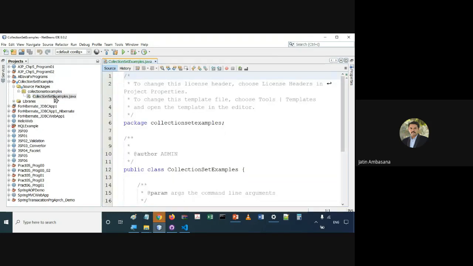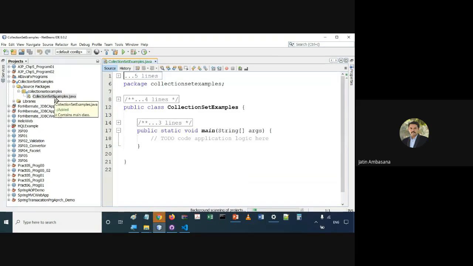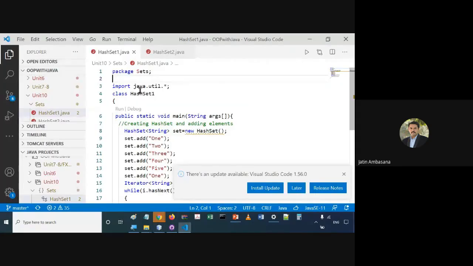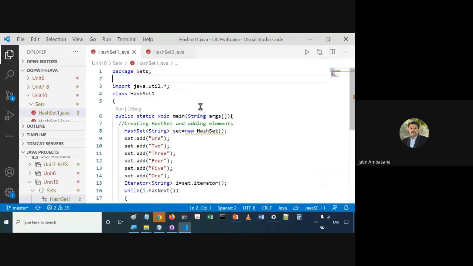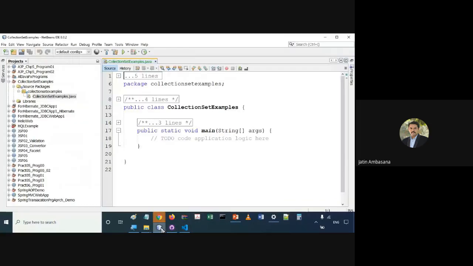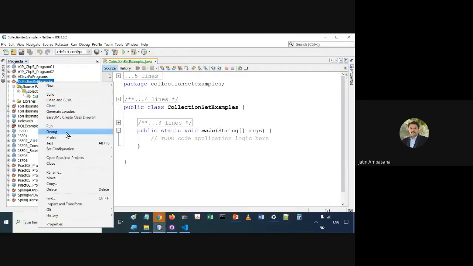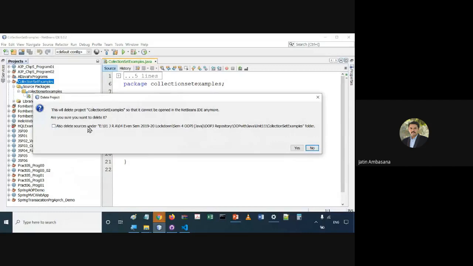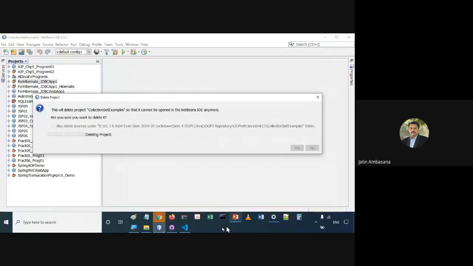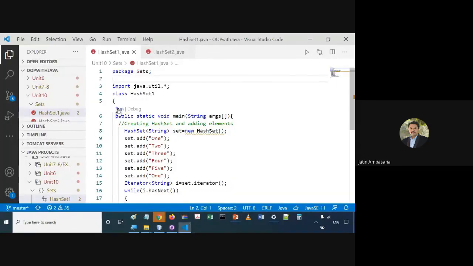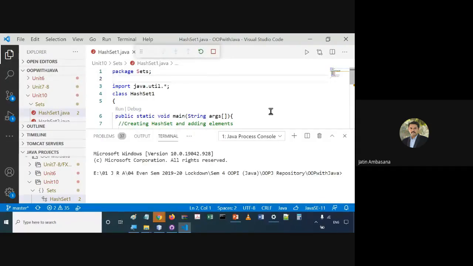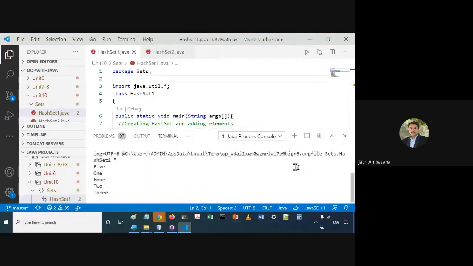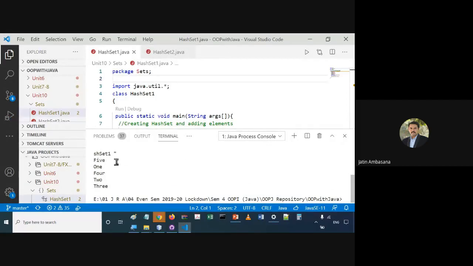Okay, in this collection set examples the main class is there. Let's remove this. We have got this, let's run it out. You see, check this out. See, sets do not have any ordering.